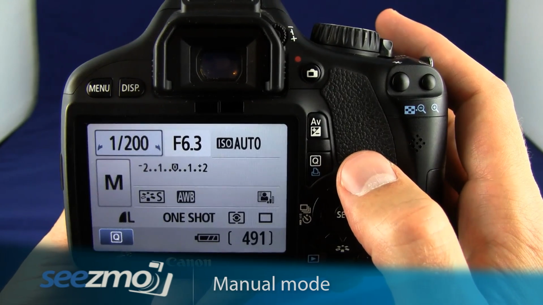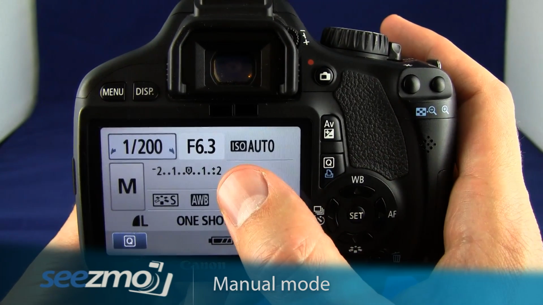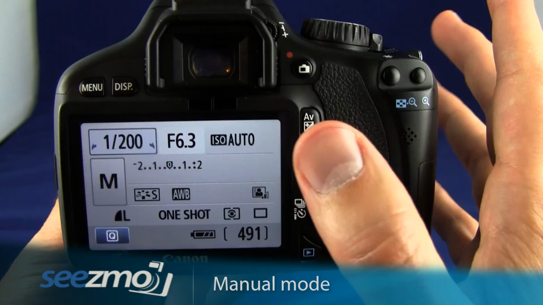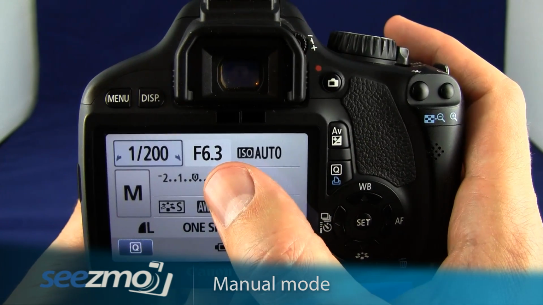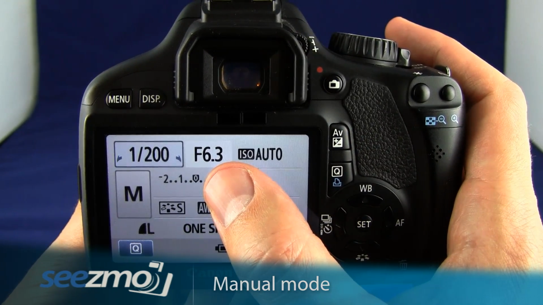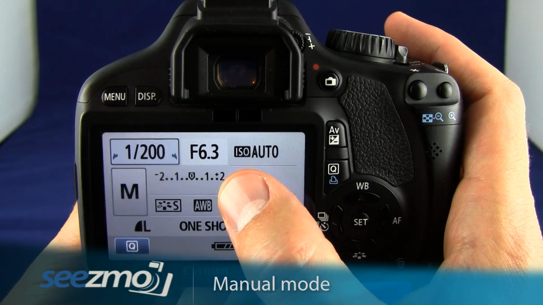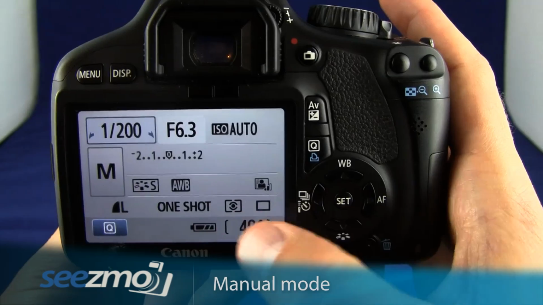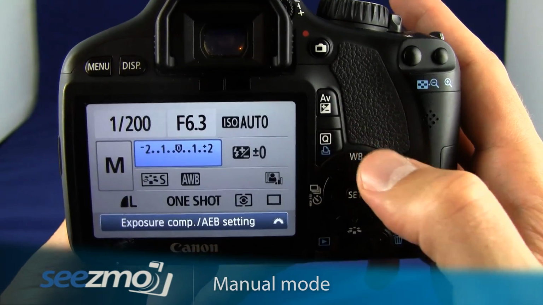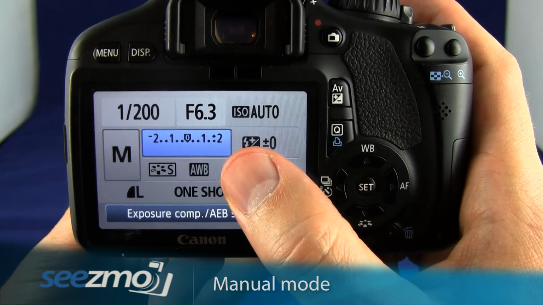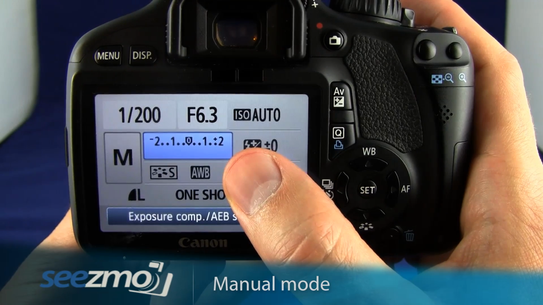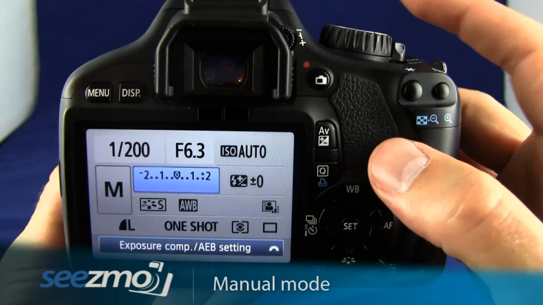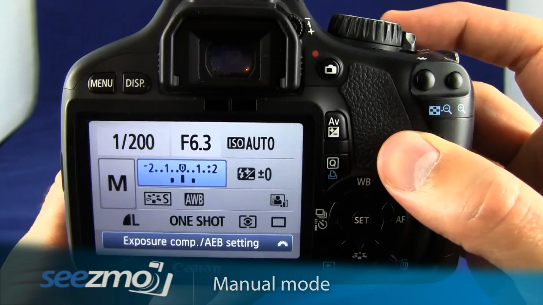However, the only thing that's different is the exposure compensation. Because I'm in the manual mode and I'm controlling both the shutter speed and the aperture, exposure compensation is not an option. Instead of exposure compensation, if I press the quick menu button, you'll see that now I'm controlling the auto exposure bracketing. Auto exposure bracketing allows me, with the use of the main dial,